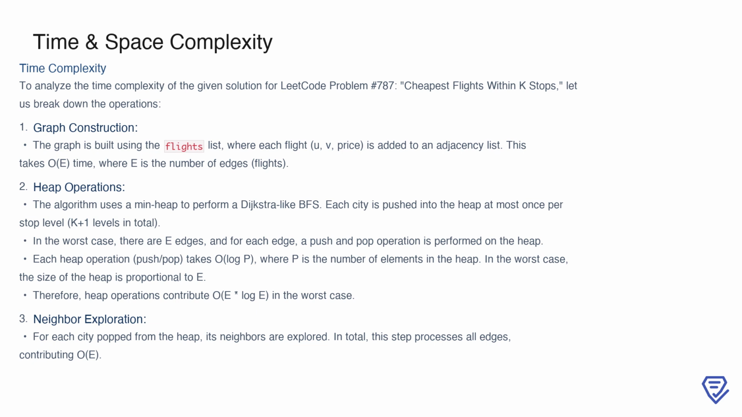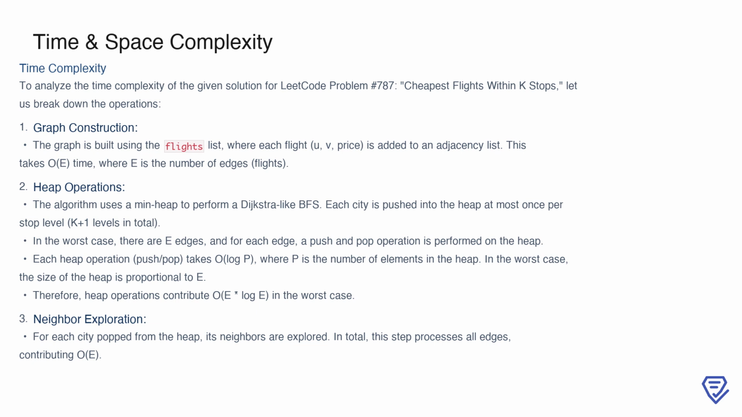Next, the algorithm employs a min heap to facilitate a Dijkstra-like breadth-first search. Each city can be pushed into the heap at most once for each stop level, resulting in k plus 1 levels in total. In the worst case, there are e edges, and for each edge, both a push and a pop operation are performed on the heap. Since each heap operation requires O(log p), where p is the number of elements in the heap, this step contributes a time complexity of O(e) * log e in the worst case, assuming the heap size is proportional to